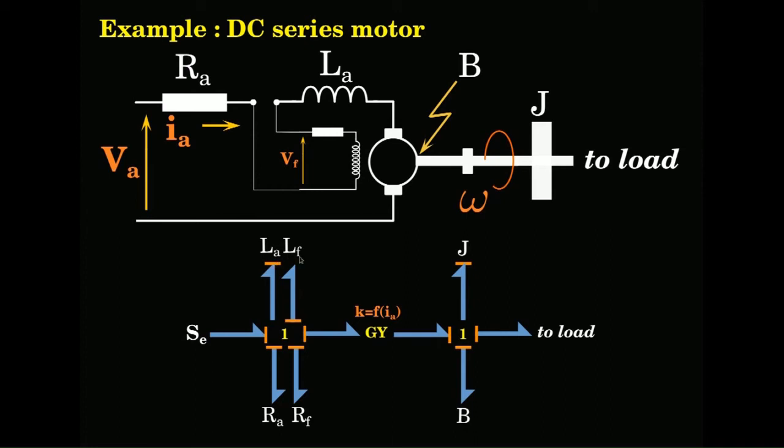So as they are in series sharing the same flow, you can combine them. So don't put them like this. Though on paper, in theory it is fine, it is allowed, you will get marks, but in a physical system it is not allowed, it does not happen. So it is actually combined. LA plus LF will come into the picture. And here you could put RA plus RF, but it really does not matter. Here there is no conflict either physically or on paper, but for simplicity we normally write RA plus RF here.